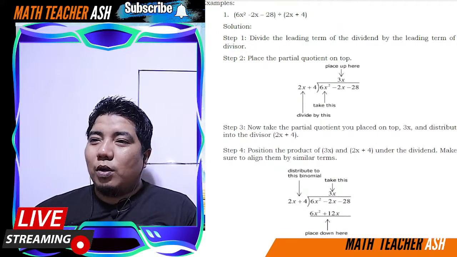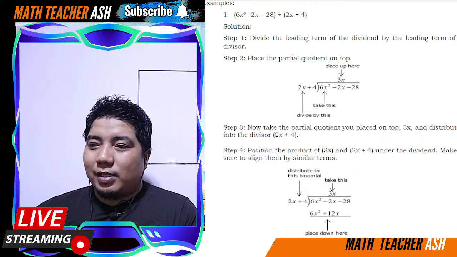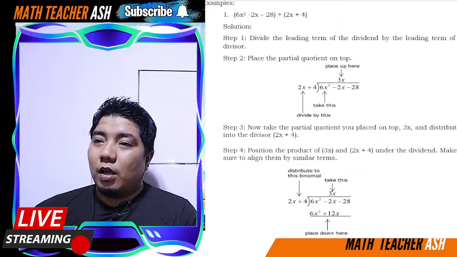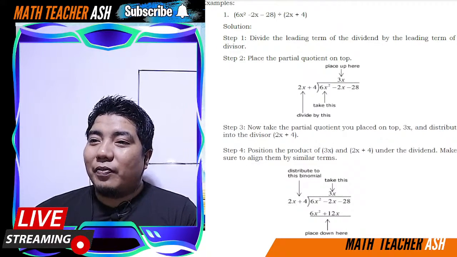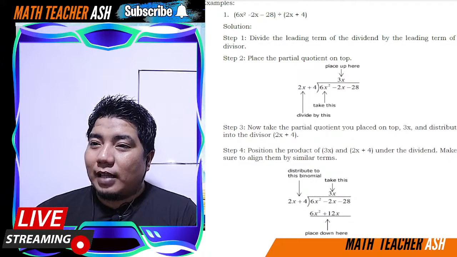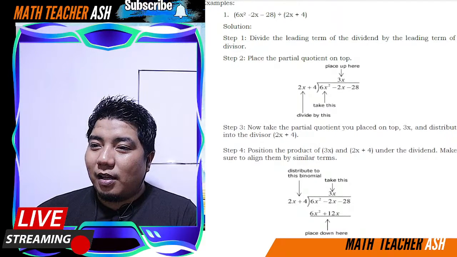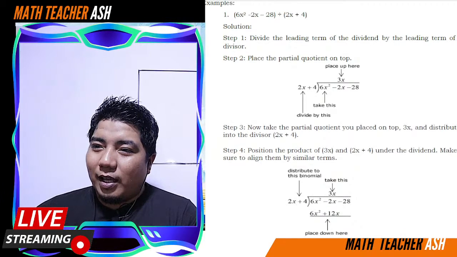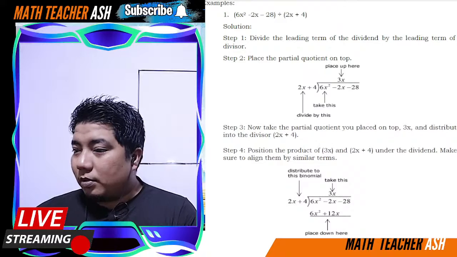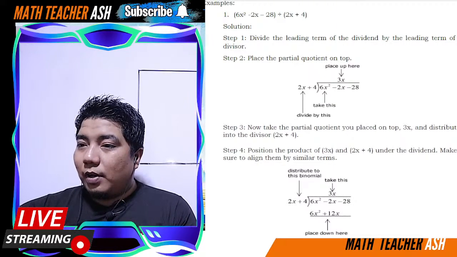Okay. So, when you put the 3x there, we have 3 times 2x, that is 6x squared. 3 times 4,